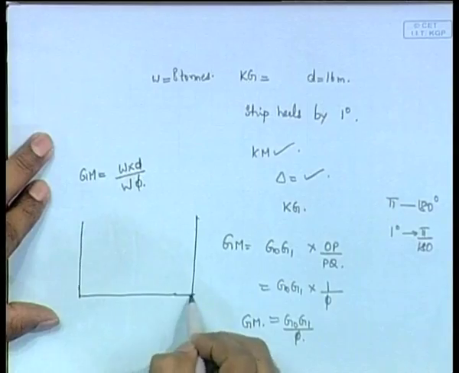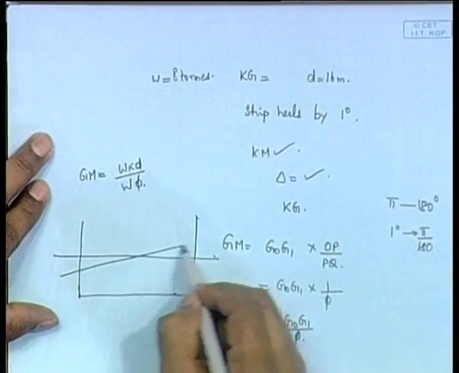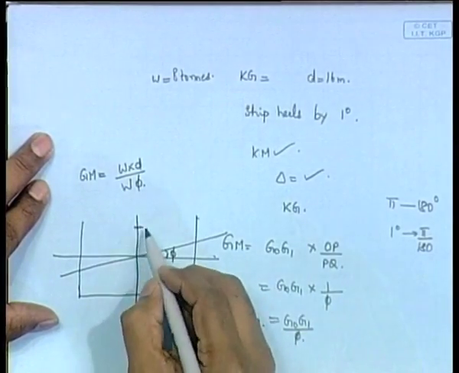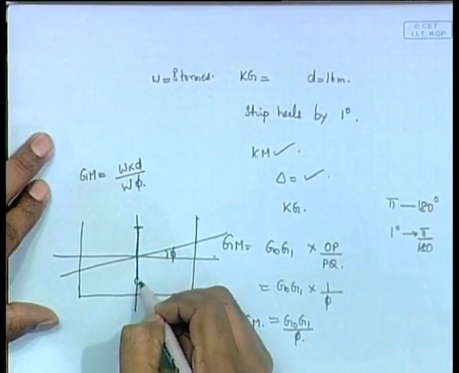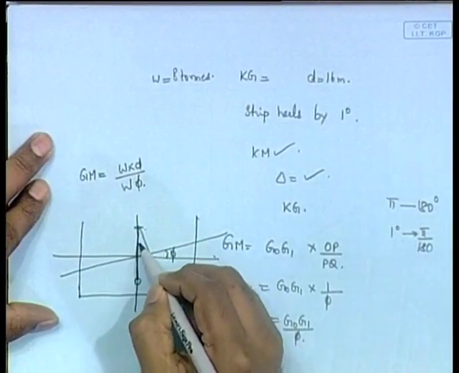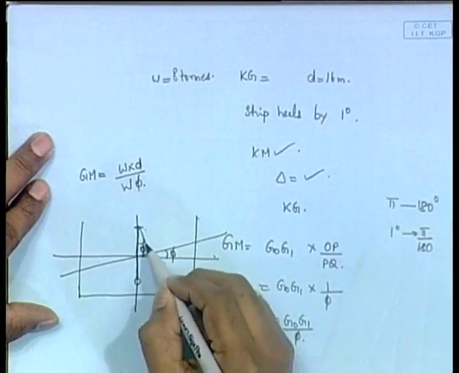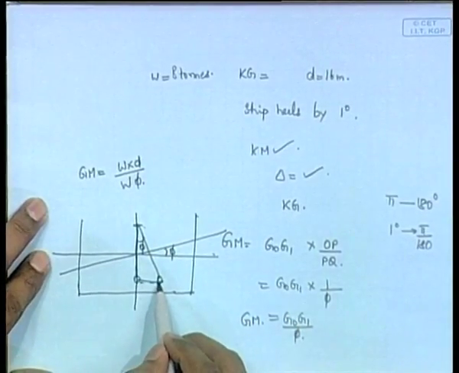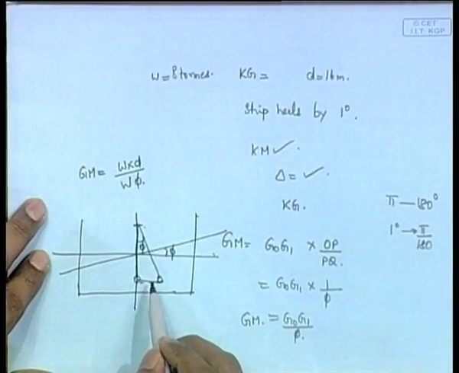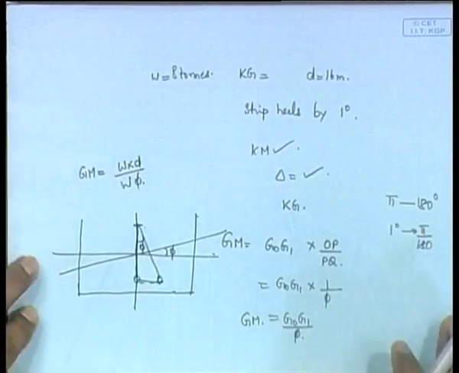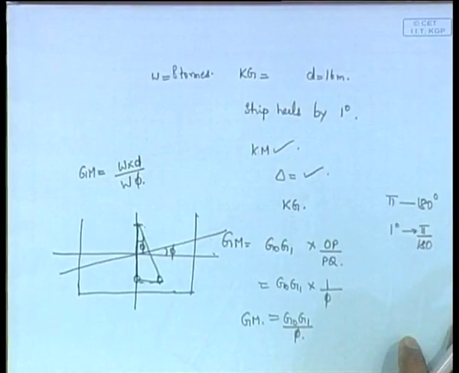So this is initially here, this is heeled through phi. Now this is the center, let us say the pendulum is hanging here, it is hanging like this initially, and now it is hanging like this. This and this will be phi. So if this is phi, this will be phi, and once you have phi, you just have tan phi equal to the length through which the pendulum has deflected, not the length of the pendulum, it is the deflection of the pendulum divided by the length of the pendulum. So this is just slightly different, just to know how to do it. Okay, then